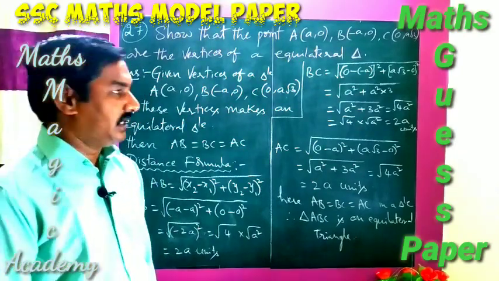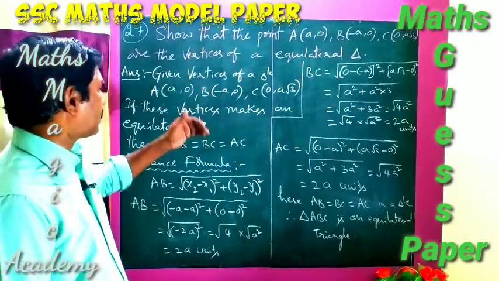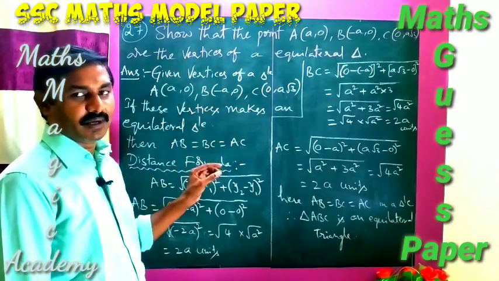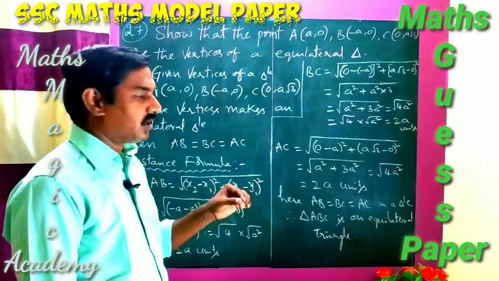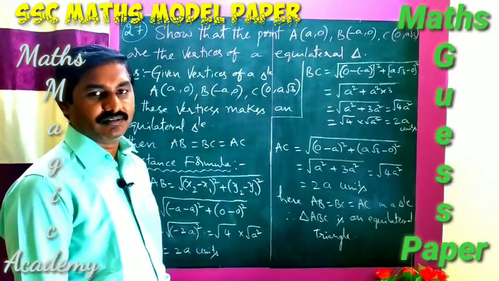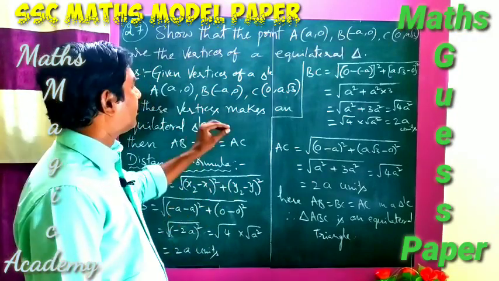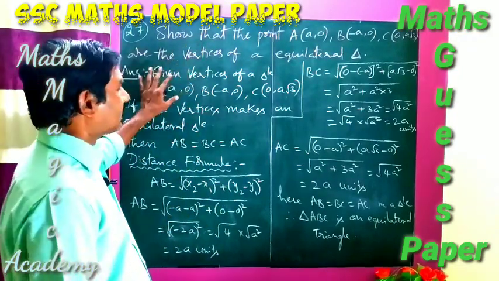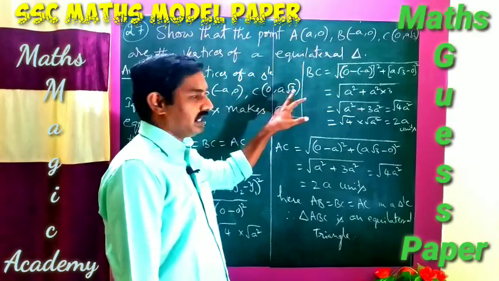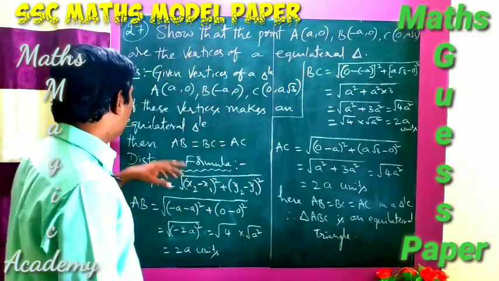Children, see here, whenever you are writing the examination, definitely you have to check the given details which you are writing in your answer sheet, whether they are the same as in the question paper or not. Sometimes children take down the question differently in the answer paper and do the answer, and they get a wrong answer, so you won't get any marks. So you have to verify many times whether the question taken is correct or not. A vertex is a comma 0, B vertex is minus a comma 0, C vertex is given 0 comma a root 3. Like that, you have to check whether the vertices are taken down correctly or not, and then go for the procedure.